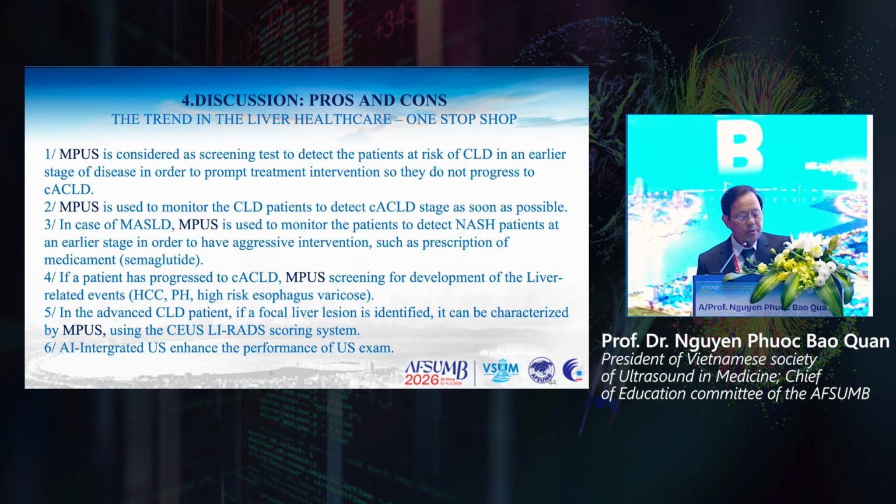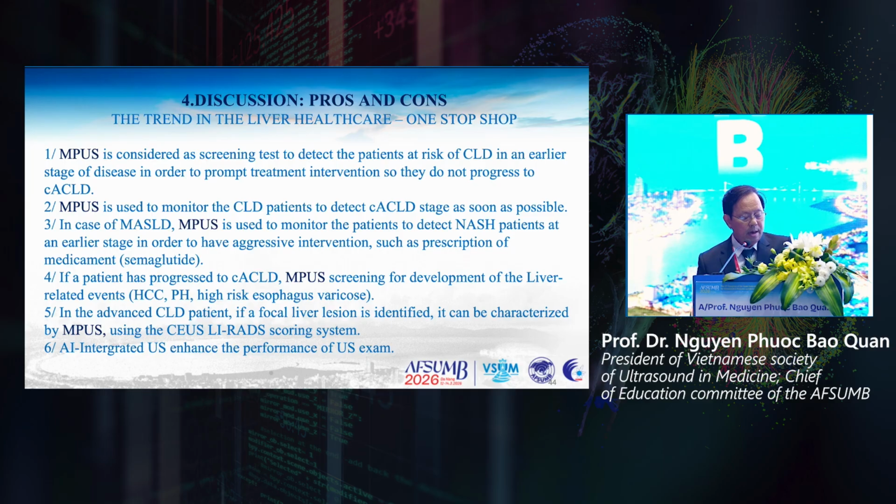In cases of metabolic-associated stable liver disease, it is useful to monitor the patient and detect masses at an early stage. If the patient progresses to compensated advanced chronic liver disease, multi-parametric ultrasound can screen to detect